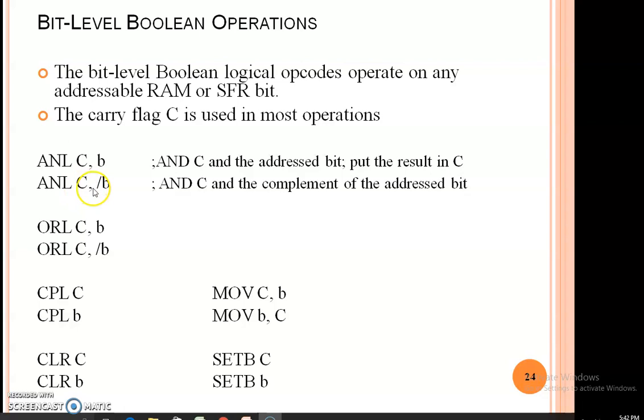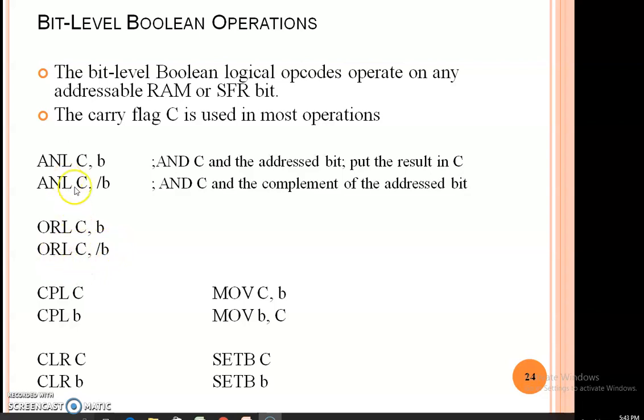And ANL C, /b means b bar: the single bit address has some data, you complement that data, and after complementing you AND it with the carry flag data, and the result is stored in the carry flag. Like that you can do the ORing also, ORL, logical ORing of the carry flag data with the single bit address data, or with the complement of the single bit address data.